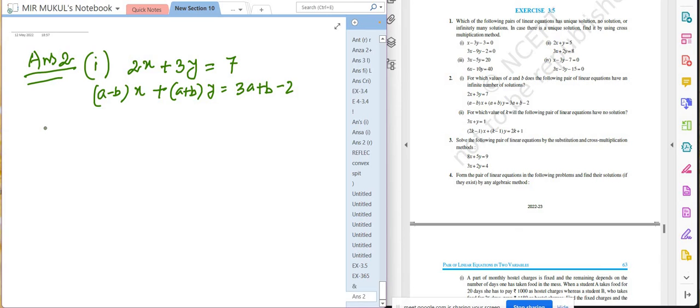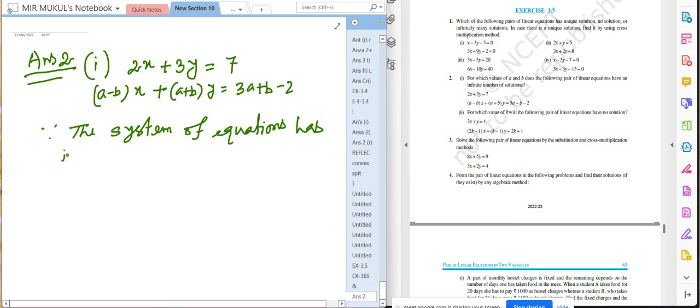Okay, since the system of equations has infinitely many solutions,